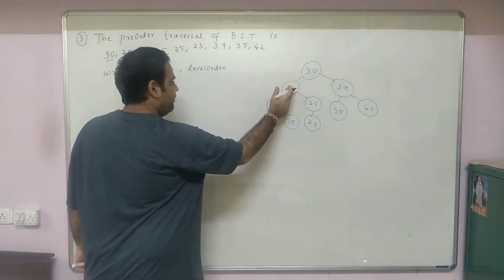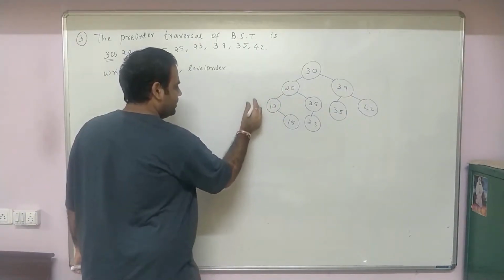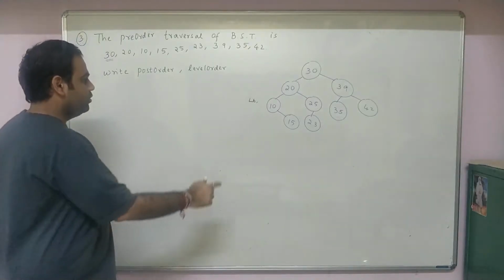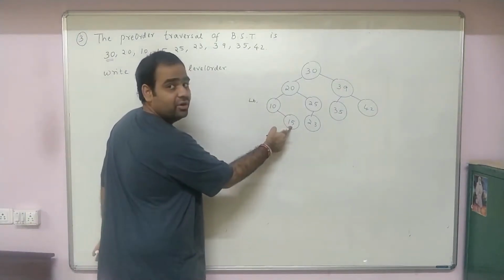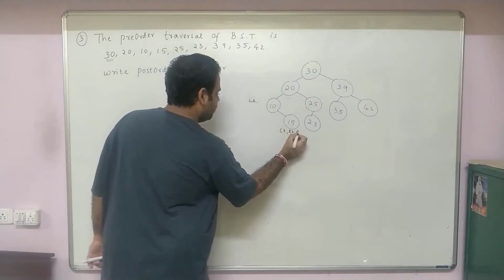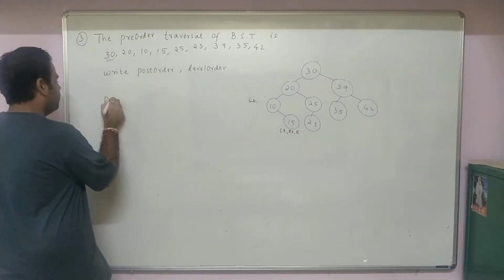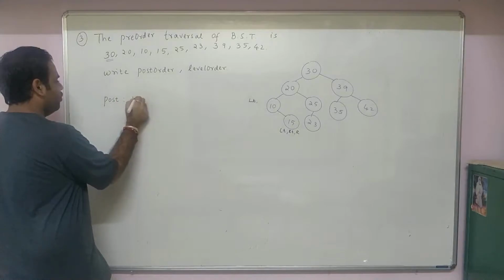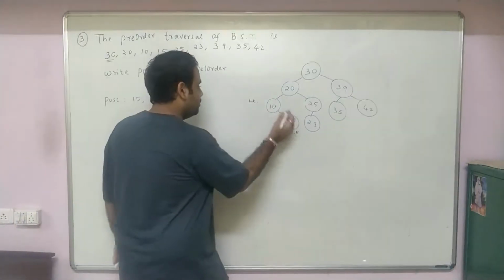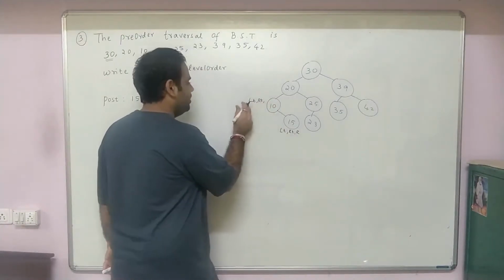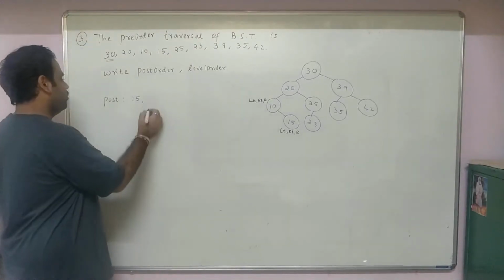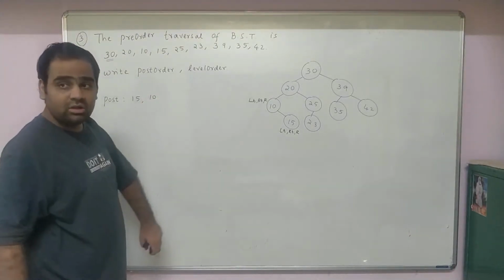Now you go towards the left, no left child, that means left is being processed with respect to 10. Now you go towards the right child. When you go towards the right child, there is no left child, there is no right child, you process the root, and when you process the root, what do you get? You get 15. Therefore, the first node to be processed in the post order is 15. And you go towards the root from the RHS. Now left is done, right is done. You have to process the root, and what is the value of root? The value of root is 10. All the three things are done.